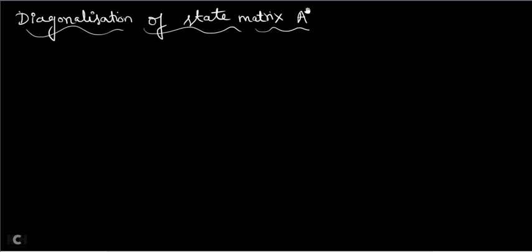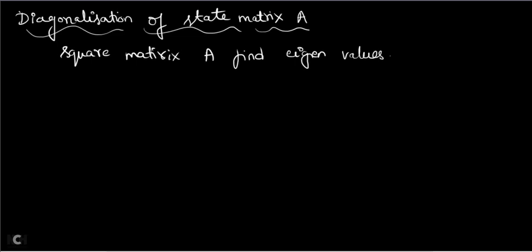And remember, state matrix A is a square matrix. It is of size n cross n. If there are two state variables, then the size of the capital A will be 2 cross 2 matrix. Now for this 2 cross 2 matrix, can you find the eigenvalues? Remember from your mathematics how to find eigenvalues for a given square matrix. First step is to, for the given square matrix A, find the eigenvalues lambda.